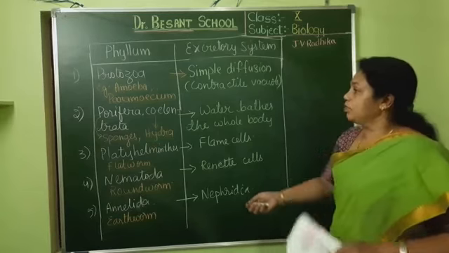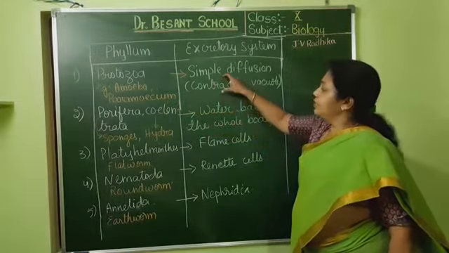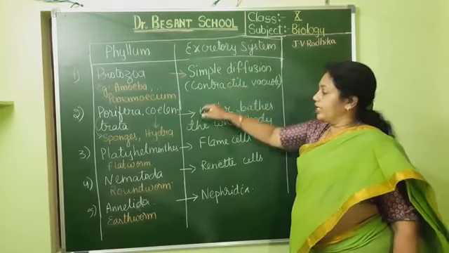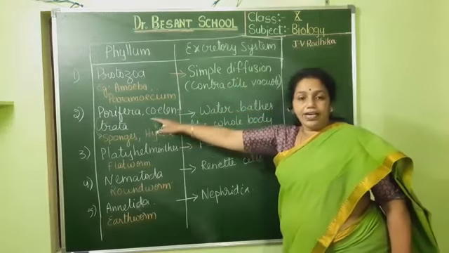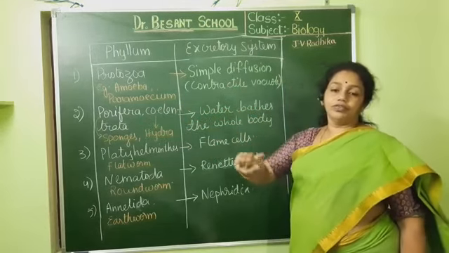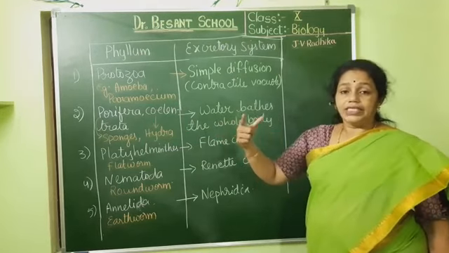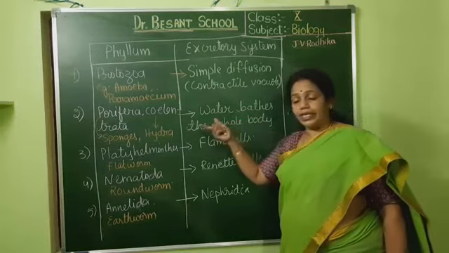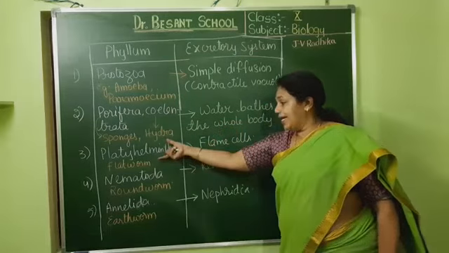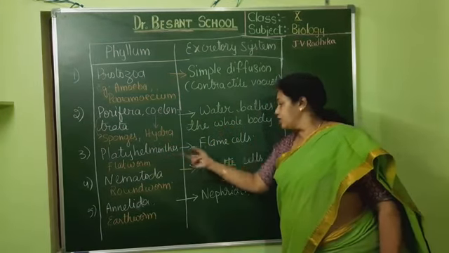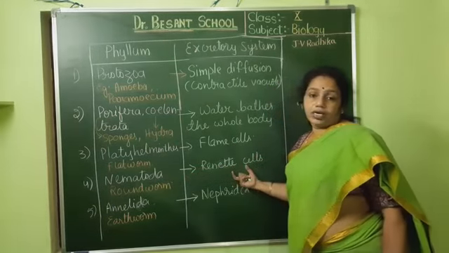Completed. So see here what happens. First is protozoa. In that, the examples are amoeba, paramecium and all. They excrete with the help of simple diffusion or the contractile vacuole. Porifera and Coelenterata have the gastrovascular cavity, and the canal system through which water passes throughout the whole body. In the previous chapter also I explained that, isn't it? The same thing applies for excretion as for circulation. Then Platyhelminthes have special cells called flame cells.